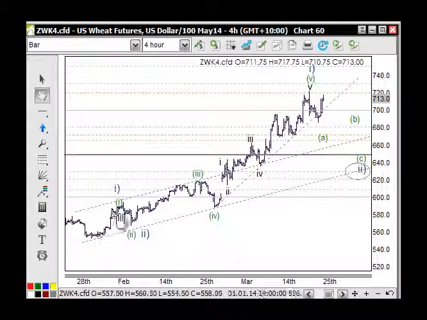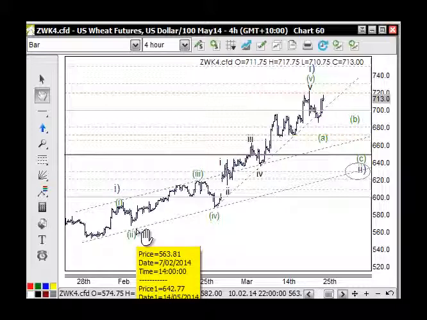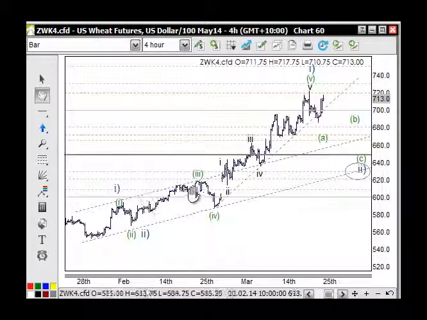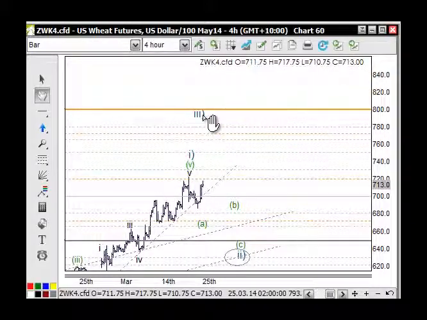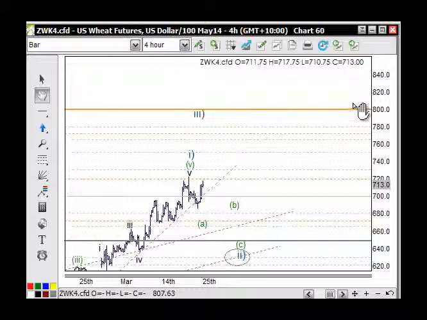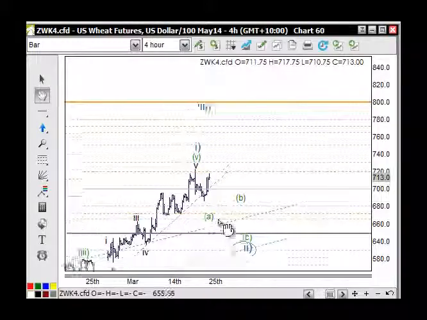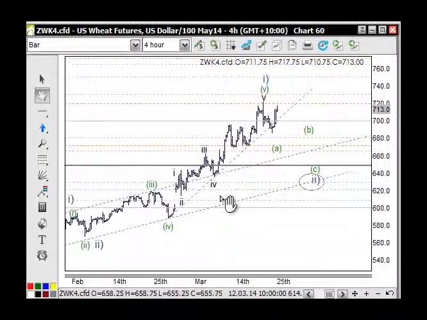So we would look at this as being blue wave 1 here rather than green wave 1, wave 2 to here. And then we would look at green wave 1 being to here, and green wave 2 being to here, and green wave 3 being to here. And that would put this blue wave 3 further up at the 800. We expect it to go higher than this as well. That's why we're just sort of building in. And our main things are that